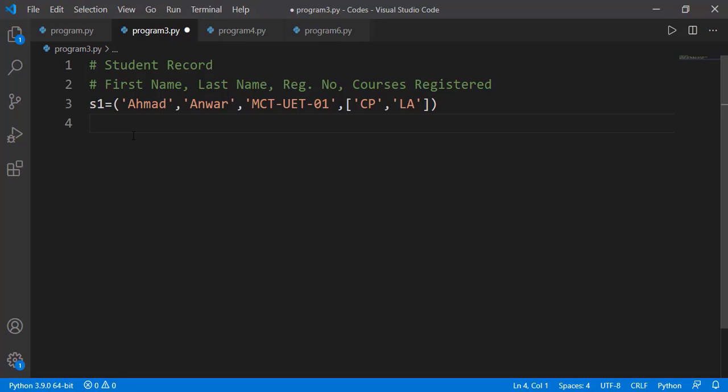Now that's something very interesting to discuss, so pay attention here. A tuple is immutable and once created we cannot change it. On the other hand, a list is mutable and we can modify that once created. Over here we have a scenario where a list is one element of a tuple. The other elements of this tuple are strings, and a string is also immutable, so if I try to change the first name or the last name or the registration number, I will not be able to do that. But this list is mutable, so I can actually change this list